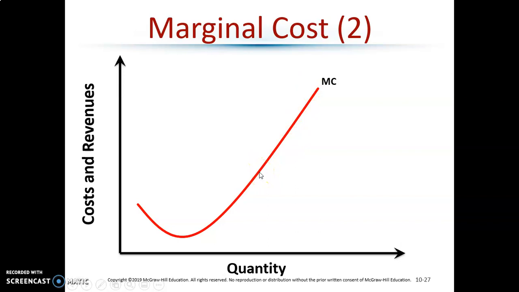Like average variable cost and average total cost, it goes down for a while and then it goes up. This is once again capturing the law of diminishing marginal returns. In this case, the law of increasing marginal costs. At the very beginning, you're going to see your costs fall. You don't necessarily need to know exactly why this happens, but it does happen in practice, where the more you produce at any level of production, and this will become a bit more clear when we get into economies of scale,